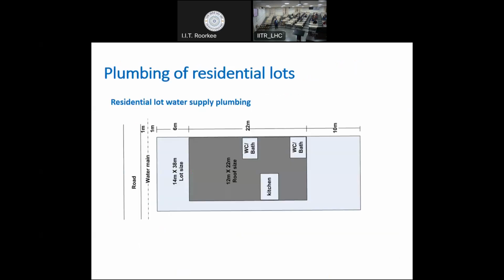So this way, this is the design of the supply network, but we also designed the plumbing system for residential units, residential houses. Because we wanted to see the total infrastructure that is needed for providing the water supply system. And why was plumbing important? Because